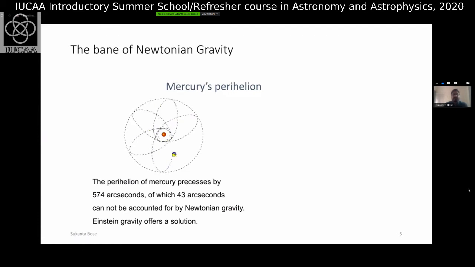it was eventually observed by astronomers that there was something odd when you try to apply Newton's law of gravity to Mercury's orbit. Remember, Mercury is the closest planet to the sun, and therefore it has the privilege of probing strong gravity, okay? The strongest you can imagine in the planetary system. This is an exaggerated animated cartoon showing how Mercury's orbit actually behaves as it goes around the sun. This is highly approximate, and it's exaggerated so that you understand the basic effect on the orbit